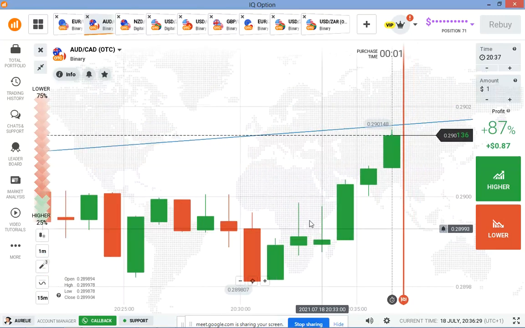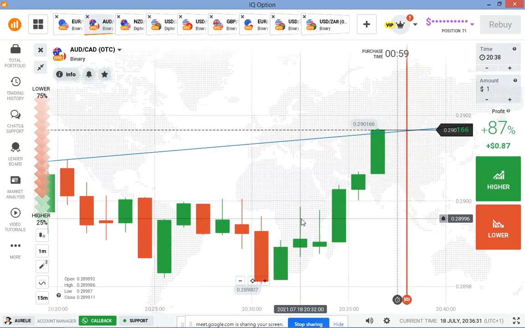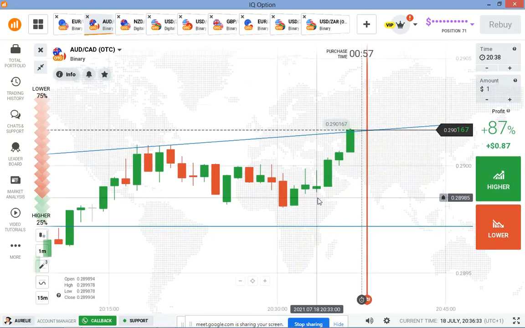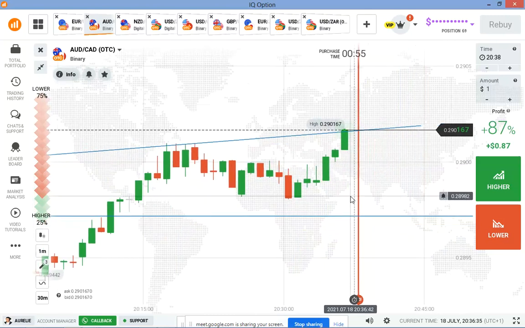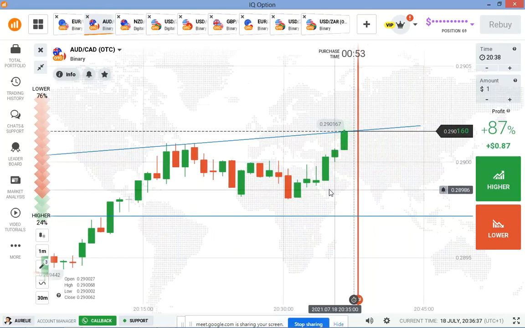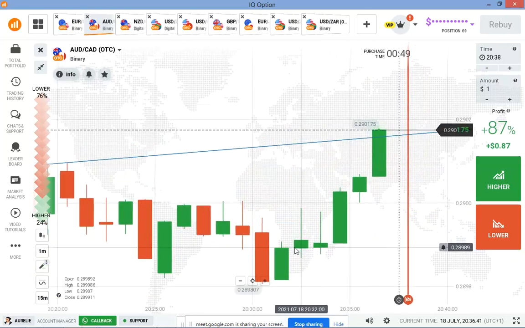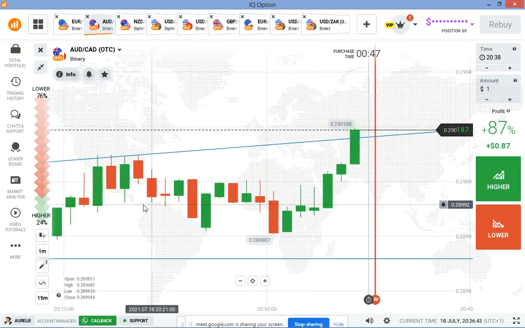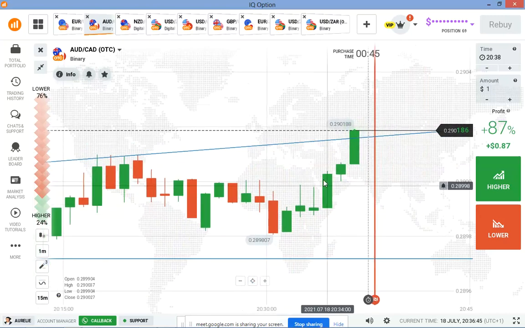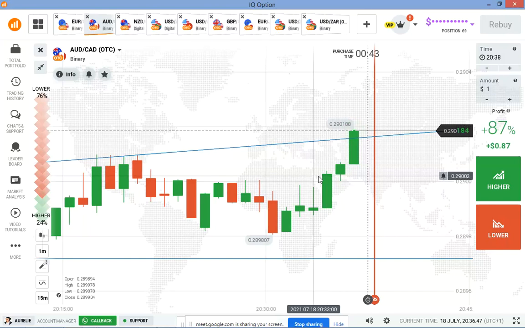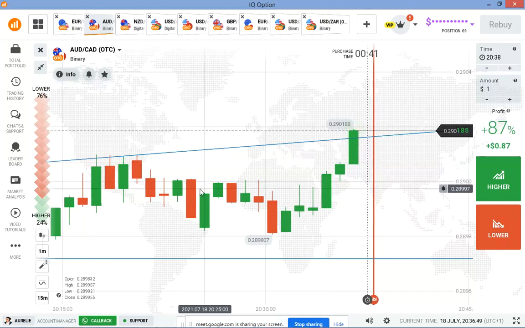But this is the OTC market. The market will gap down or gap up to confuse traders. So you have to pay attention to gaps in the market. It just gapped down a little bit. The next candle opened exactly at the opening price of the previous one. So they try to escape the zone here. That is why buyers enter. Now, when buyers enter, we can't go with sellers again.